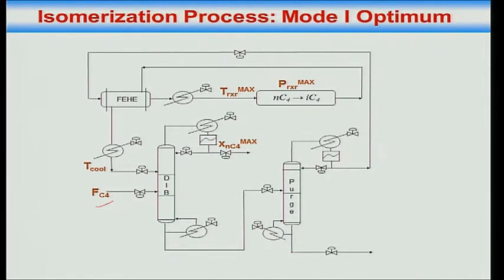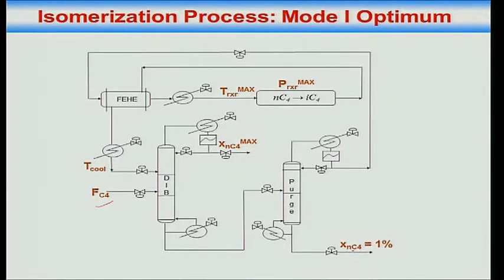What about the purge? You are losing NC5 here. What will be the impurity here? The normal butane might go down here. Normal butane is your raw material which you are converting to IC4. It's valuable. If you lose it, you lose it. So you don't want too much NC4 to leak down the bottoms of the purge column. Yes or no?